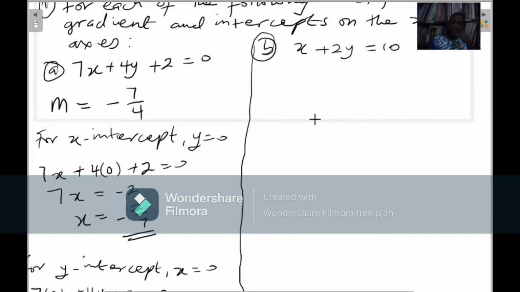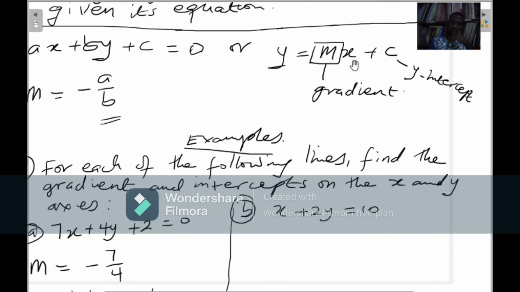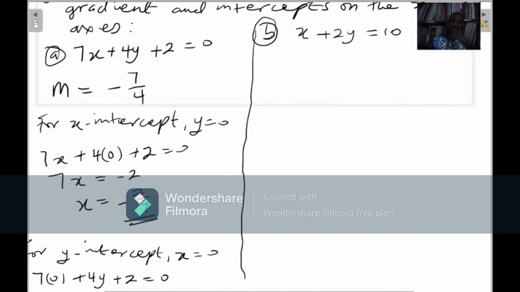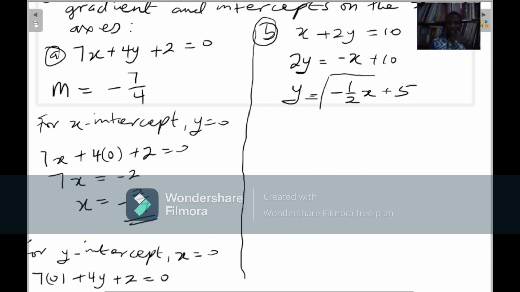The second question is x plus 2y equals 10. And because I spoke about equation b in this form, I'm going to turn it into this form to use. But you can still use this one to solve it. It doesn't matter. But I just want variety, so I'm going to do that. That means I have to go ahead and make y the subject. And we start by making 2y the subject to be negative x plus 10. Then I divide through both sides by 2 to give me negative 1 half x plus 5. So that means from what we have discussed, this is the gradient of our line. So you say that our m equals negative 1 half